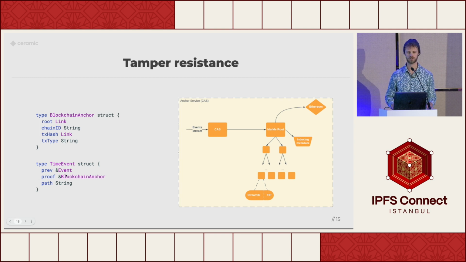The time event is what we include in the event log that I mentioned previously. The time event points to the previous event. It has a proof, which is described here, and has a path. The proof is basically this object, and it points to the root, and the chain ID, which points to which blockchain this proof is on. In our case, it's the Ethereum mainnet. Then the transaction hash, which is the hash that was included in the blockchain. And type, describing how we can go from the smart contract to retrieve the CID of the Merkle root. And the path here describes the path in the Merkle tree that you need to take to verify that the prev here, the previous event CID, is the same as the one that's pointed to from the